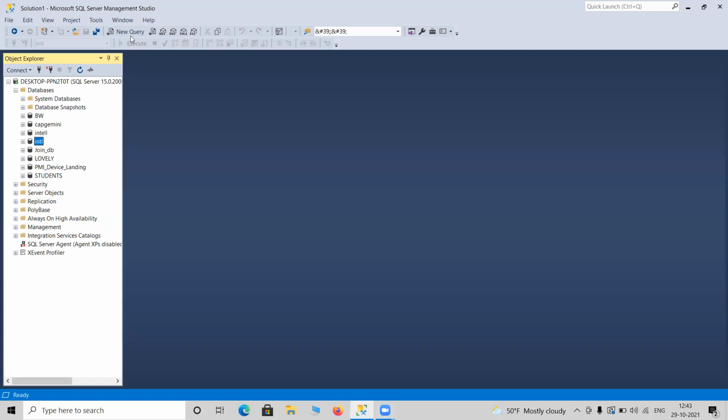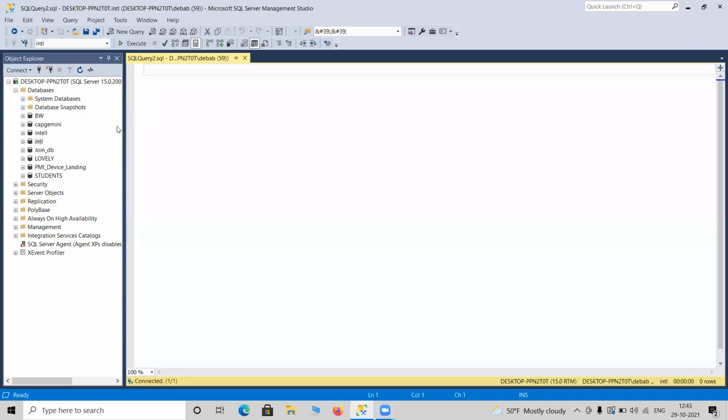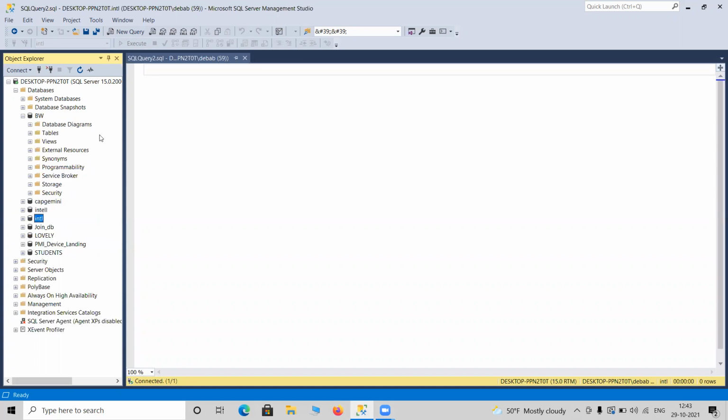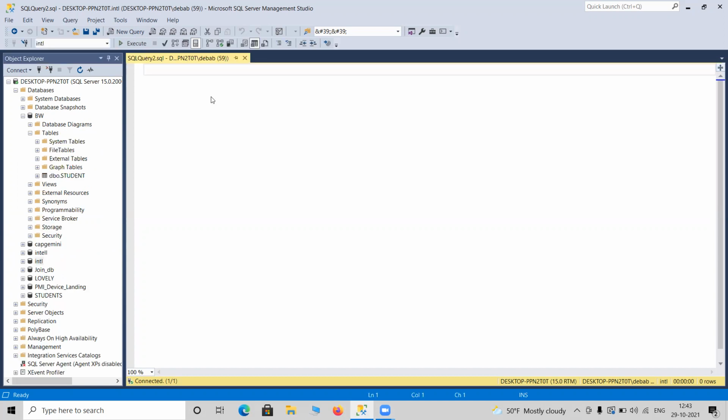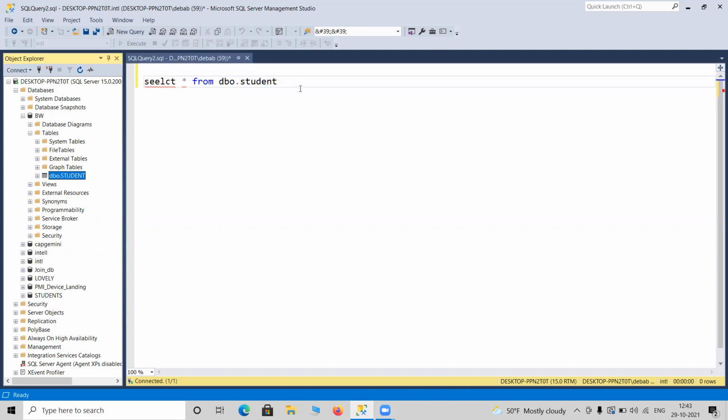So let me go to the new query. We created a database in the last class called BW, in short, binary world kind of thing, and one table called students, as far as I can remember. Let me take a look at what we have done. Yes, the student table is being displayed in the object pane.